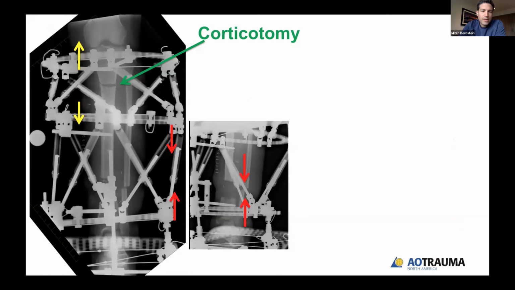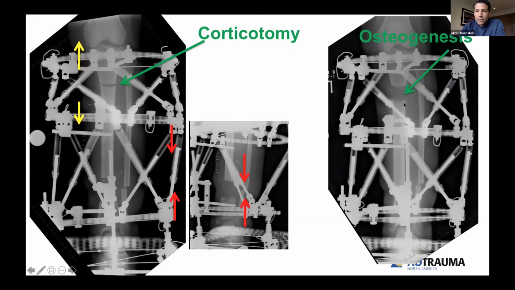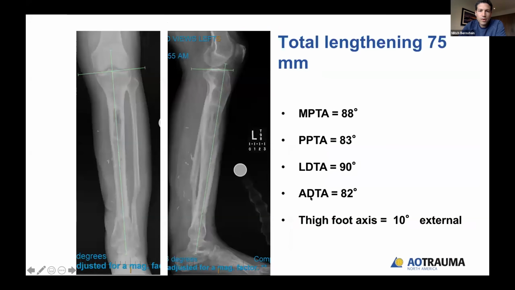So this patient underwent a bifocal transport. There's a corticotomy at the top. This is a double level stacked hexapod and had compression or shortening at the defect site. And of course, this is the Elizarov method using a stacked hexapod, but these follow Elizarov principles. So this is where the bone forms, osteogenesis. This defect closes, and this site will eventually fuse, and that's an example of a bone transport. This patient had 75 millimeters of total lengthening, and again,